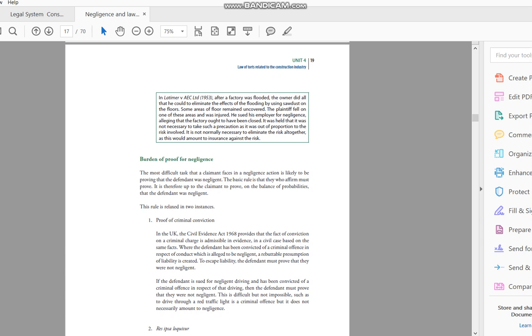And after we have established the duty, and then of course the standard, and checking whether the defendant actually fulfilled the standard of care. So basically, if they have a duty and they have not met the standard of care, then there is a possibility of negligence. Again, we cannot straight away say that that person has committed negligence.